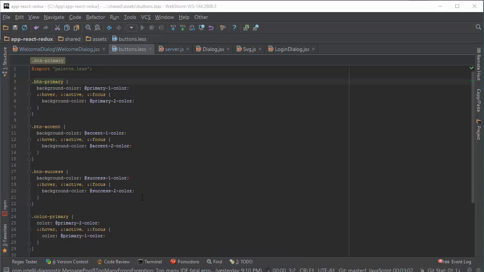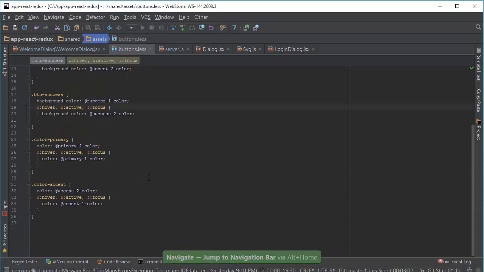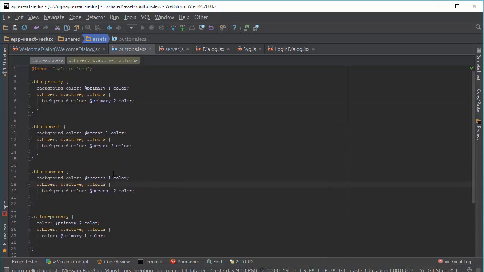So what I did, I have created a separate file for buttons and added all possible classes that I would like to use in my application. And you can see that for colors I use special properties, and these properties come from Palette.less. It's functionality from an initial boilerplate that we use for creating our application.